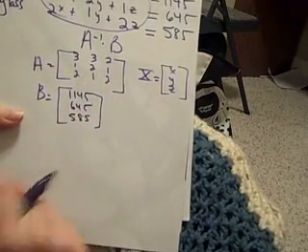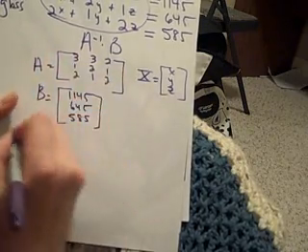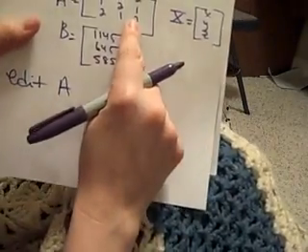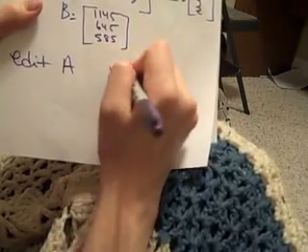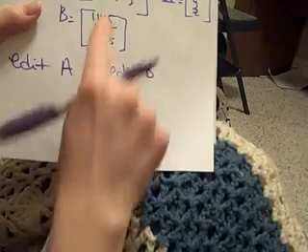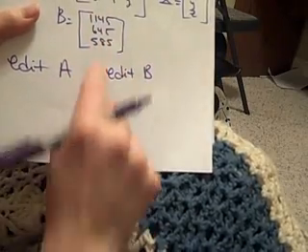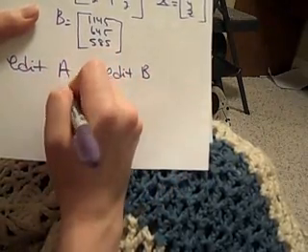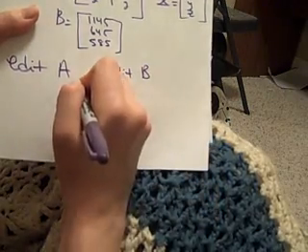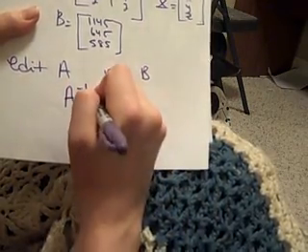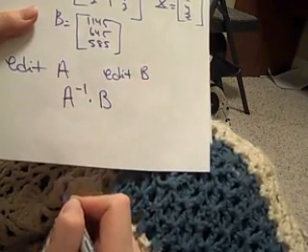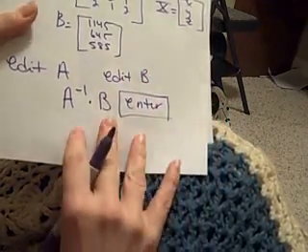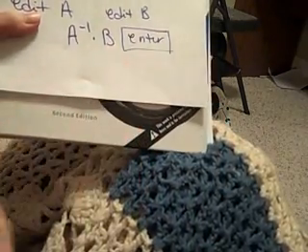All right, so what you're going to do on your calculator is you're going to edit A. Okay, so just edit A. And again, it better be a square. This one's 3 by 3. And then you're going to edit B. Right, and this will always be a column vector. Okay, so this one's 3 by 1, it could be 4 by 1, whatever, as long as they match. And then on your calculator, you just go to matrix, hit A, and hit the inverse key, so you get A inverse times, go into matrix and hit B, and then all you have to do is hit enter. All right, and then once you do that, you're just going to get a matrix